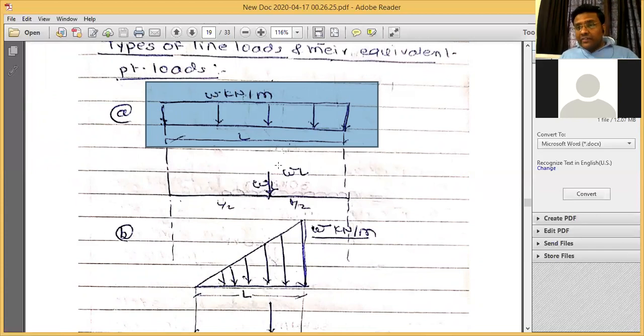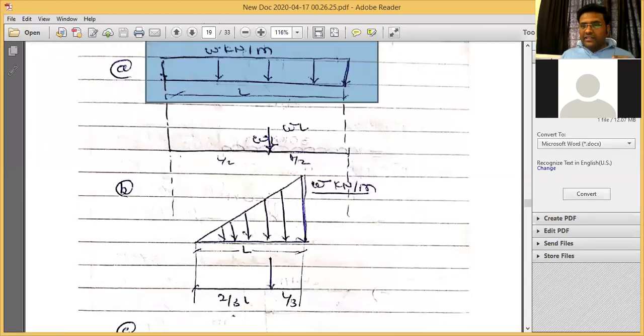And where will it act? It will act at the center of gravity of this diagram. Now the center of gravity of this diagram will be L by 2, B by 2. I want the line of action of the force. The force is acting in the vertically downward direction, so I don't need B by 2, I need L by 2. So conversion of UDL or UVL into point load is nothing but finding its area, which will represent the intensity of that point load, and where it will act, at its center of gravity.